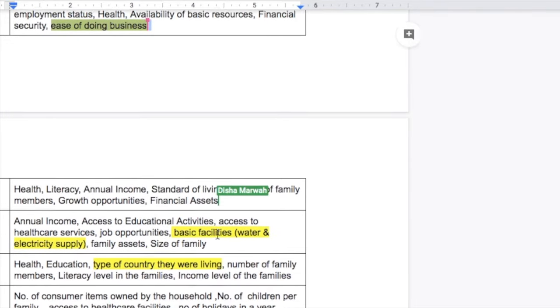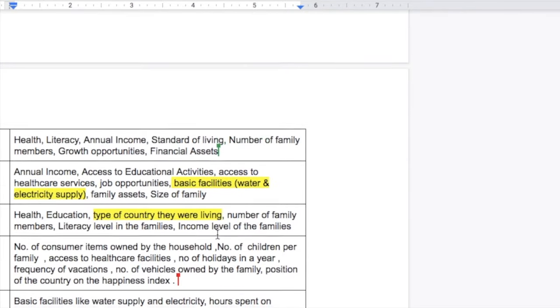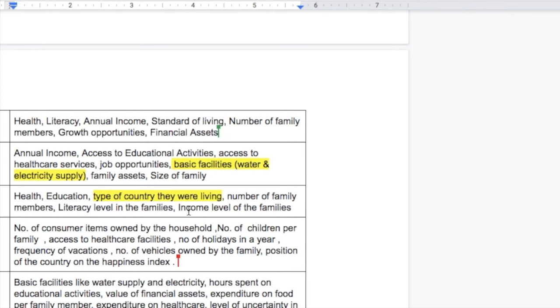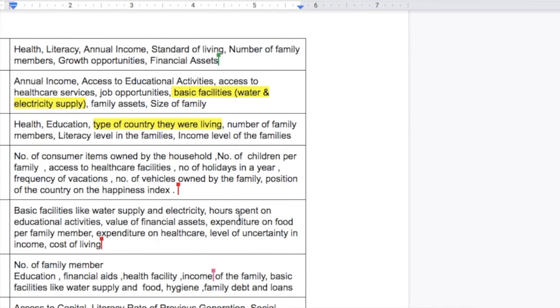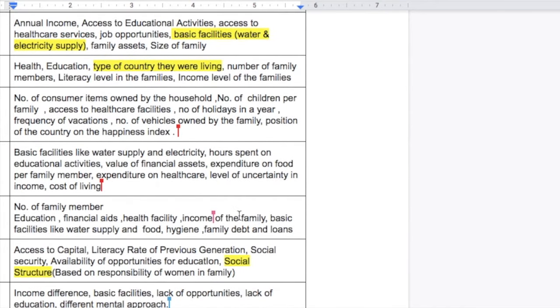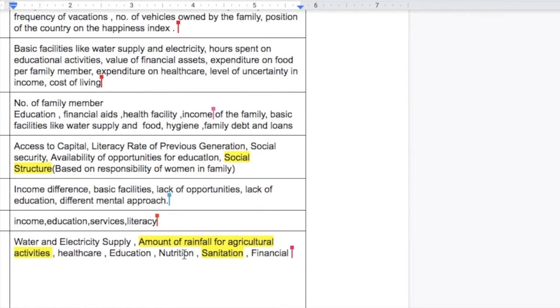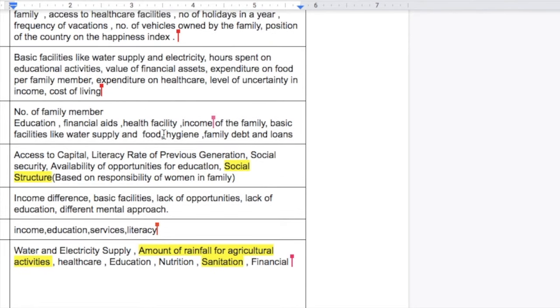Basic facilities, water and electricity supply, type of country they were living in, again related to the same points as I just mentioned. Number of family members, all related to population, financial assets. So all of you have actually mentioned good points. Amount of rainfall for agriculture activities, again geographical factors, social structure someone has already mentioned, sanitation and hygiene. I just saw someone also mentioning hygiene. Yeah, so these are also very important factors